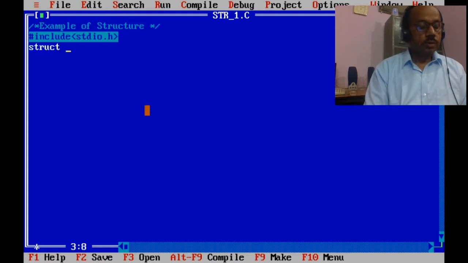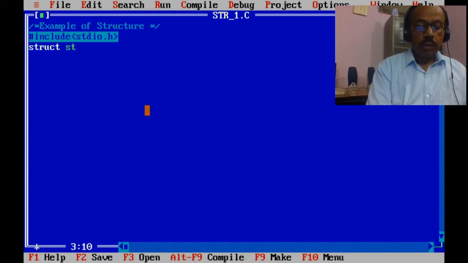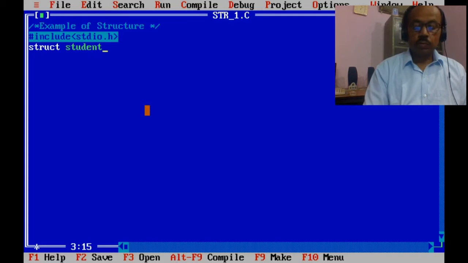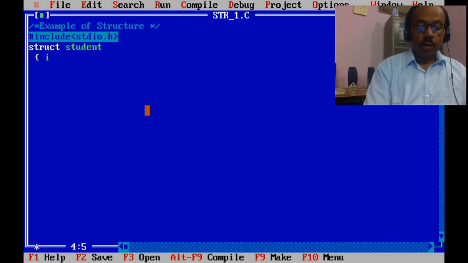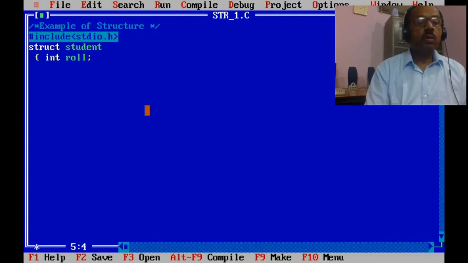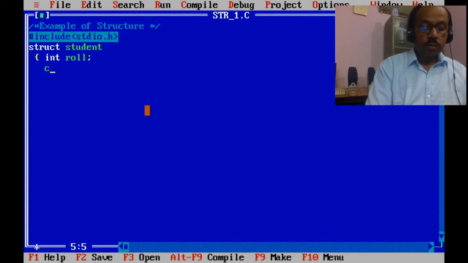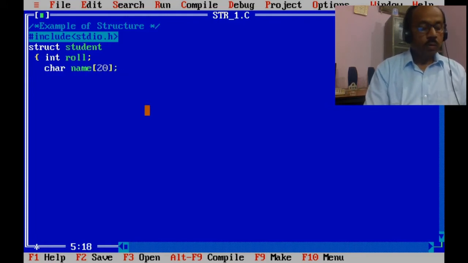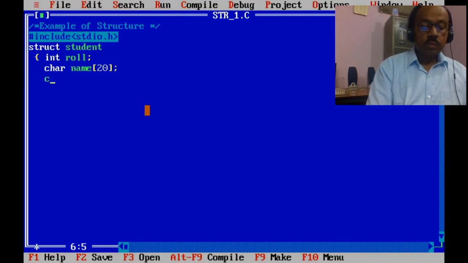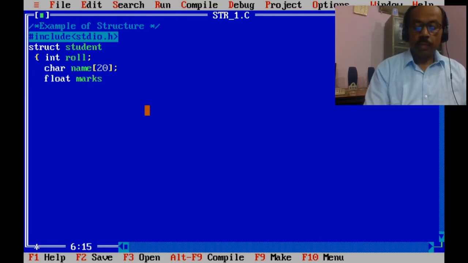struct student, int roll, char name, float marks.